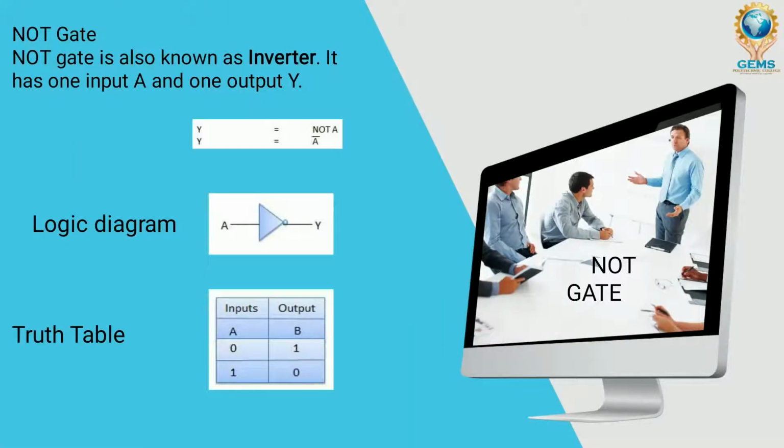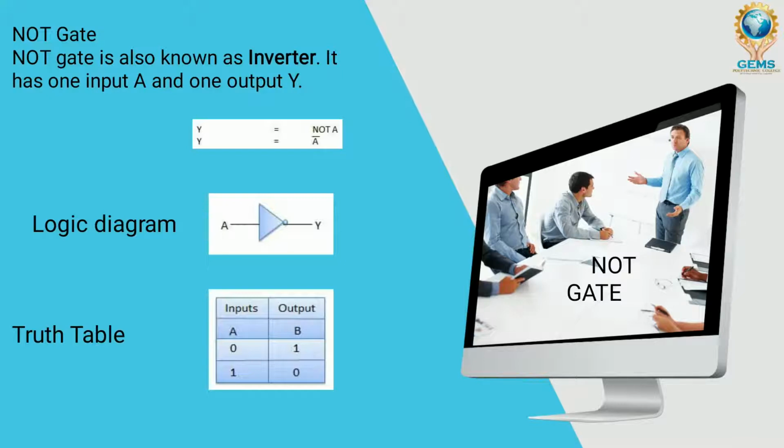And then we follow the NOT gate. Simple NOT gate, we can say negation. Negation means false becomes true: 0 for negation is 1, 1 for negation is 0. Simple. If you should say yes, you say no. If you would say no, you say yes. That is called negation. That is called the NOT gate. We can also say inverter. That means simply, if you say yes, it says no. If you say no, it says yes.